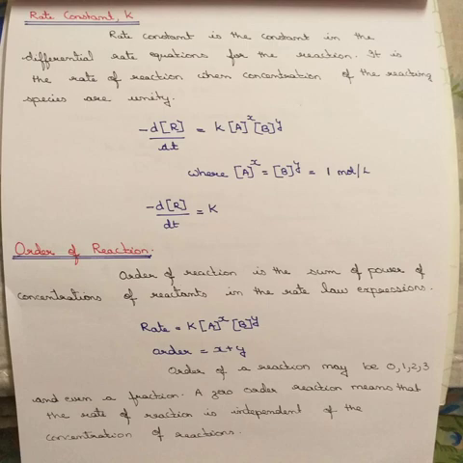So, for a general equation, we again consider aA plus bB giving cC plus dD. Now, we write the rate law. We are not taking the differential rate equation, just writing down the rate law. Rate is equal to k into [A] raised to x into [B] raised to y, where x plus y is equal to n. That n will give you the order of the reaction. So, we have to find out the unit for rate constant k. Rearranging the equation, k is equal to rate divided by [A] raised to x into [B] raised to y.